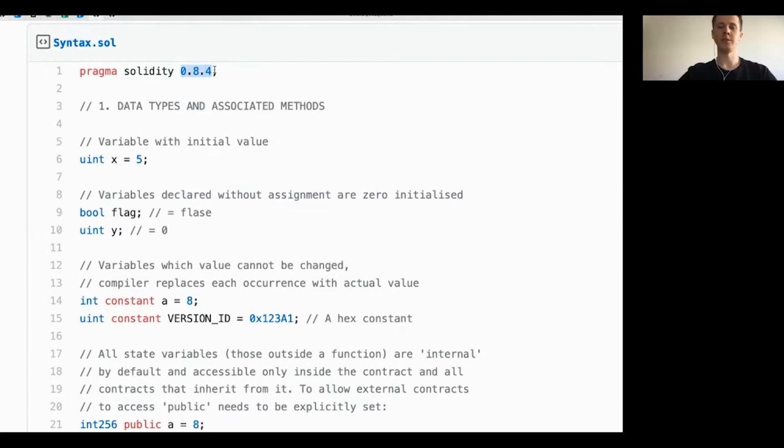Later on, you'll learn that it's important to hard code the exact version for audit purposes. So assume that you want to send your smart contract to an auditor, and you ask them to look at your code. They will tell you, "Hey, you should actually hard code the version because that's how we can make sure that what we are auditing is what is